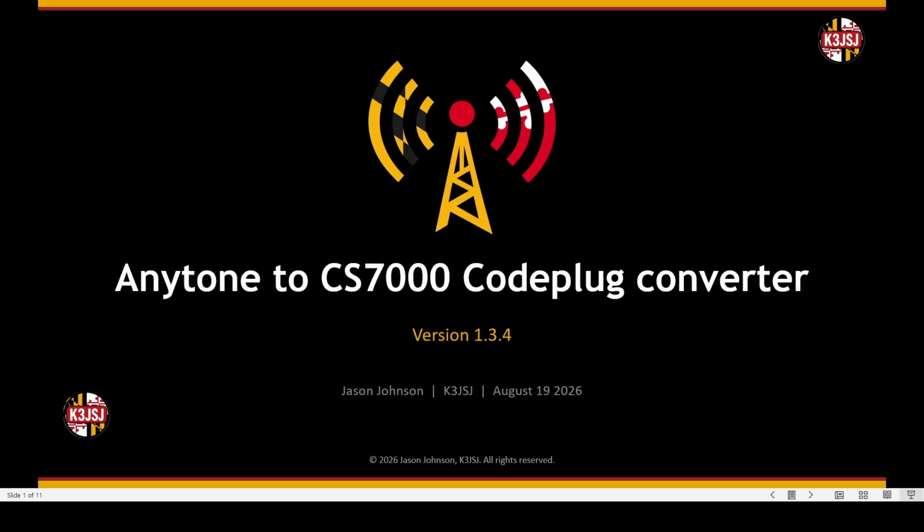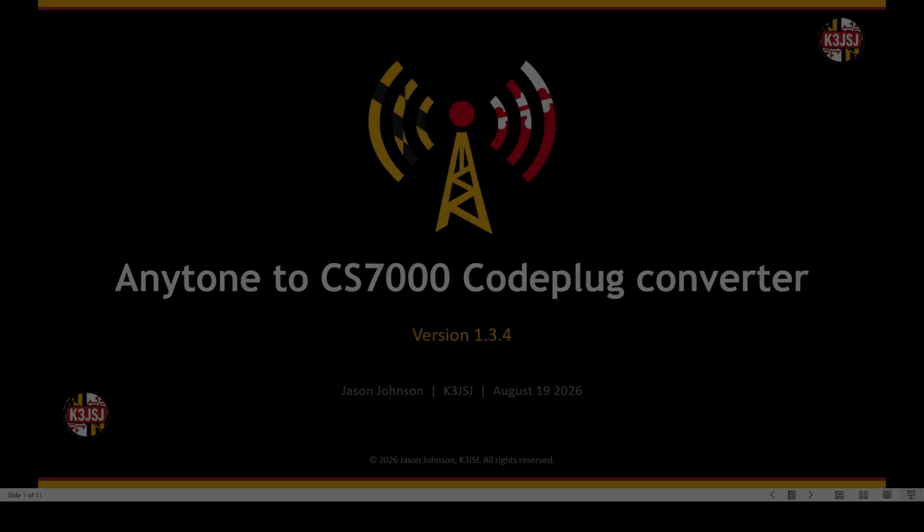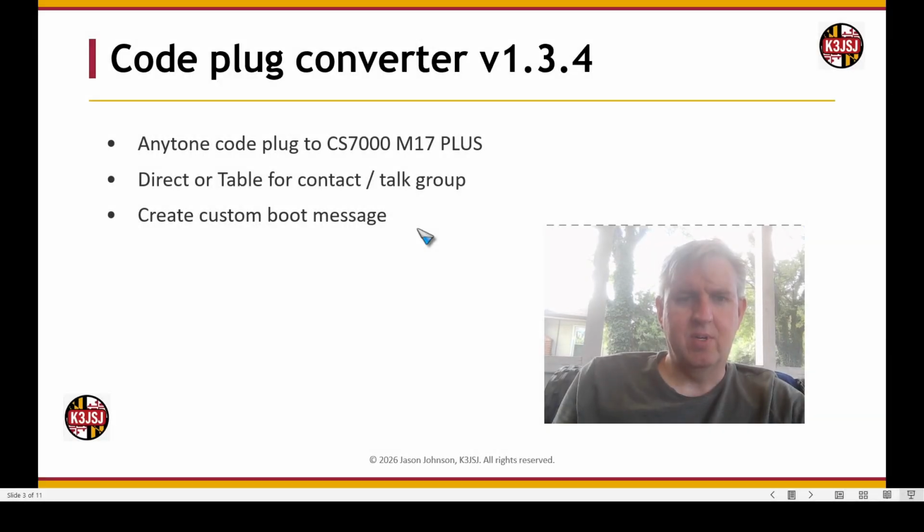And in this video, I'm going to cover the Anytone to CS7000 code plug converter, particularly version 1.3.4, which is a new release. This is software that will allow you to take your Anytone radio's code plug and import it into the CS7000 CPS code plug software and get up and